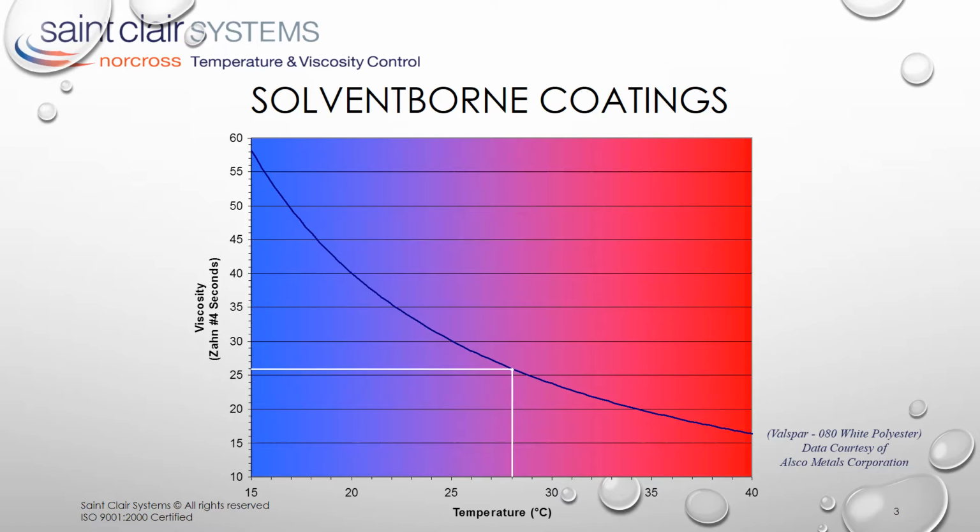Oh, right, almost never. And Valspar knows this, so they give us a tolerance of plus or minus 2 seconds to work with. Again, extending this over to the curve and down, we can see that this corresponds to a 3 degrees C temperature range from 26.5 to 29.5 C. So long as we stay within this relatively narrow temperature window, which is about 80 to 85 degrees Fahrenheit, we